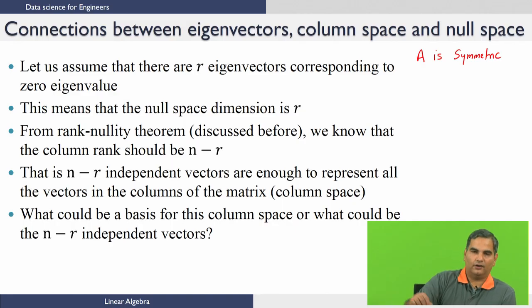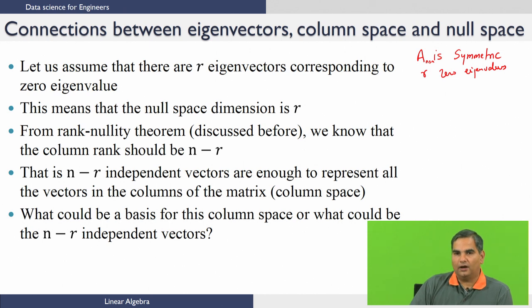Even then all of this discussion is valid, but as a general case let us assume that r eigenvalues are 0. So, there are r 0 eigenvalues, and since we are assuming this matrix is n by n, there will be n real eigenvalues of which r are 0. So, there will be n minus r non-zero eigenvalues,